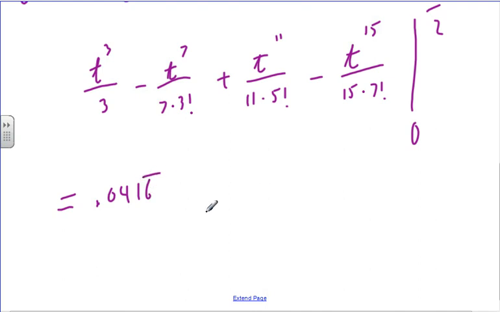And then if I subtract 0.5 raised to the 7th divided by 7 times 6,